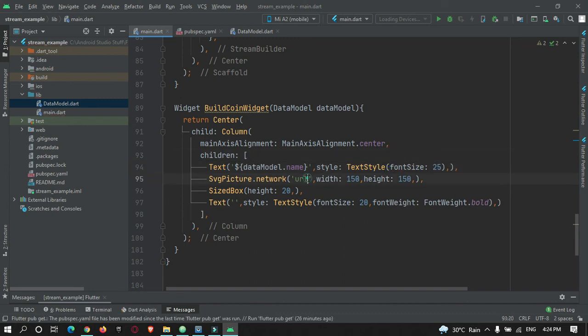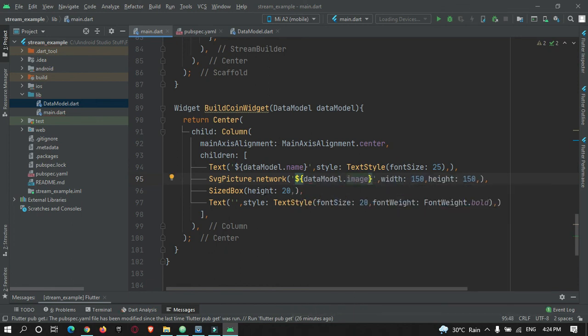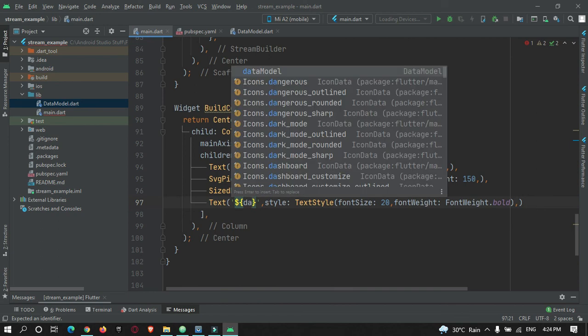Okay, and the image URL, the same thing, data model dot image, and for the price, data model dot price.